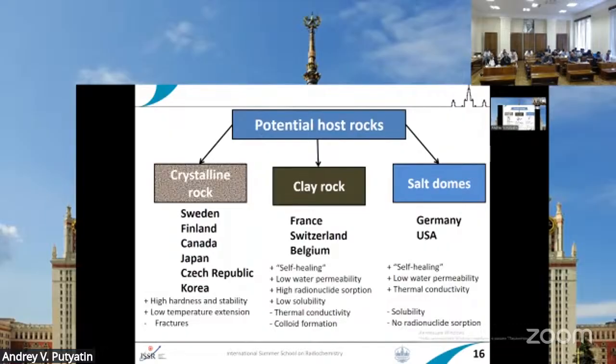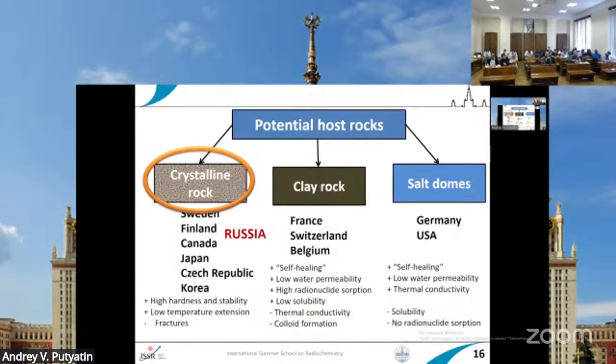And crystalline rocks are also considered in Russia. Of course, the granites or gneisses, these crystalline rocks, are very tough materials. They have very high hardness and stability. They are stable for billions of years. They have very low thermal expansion and good thermal conductivity, but the significant disadvantage of the crystalline rocks is the formation of fractures and no self-healing effect of the granite. Yeah? If it cracks, it cracks. But anyway,